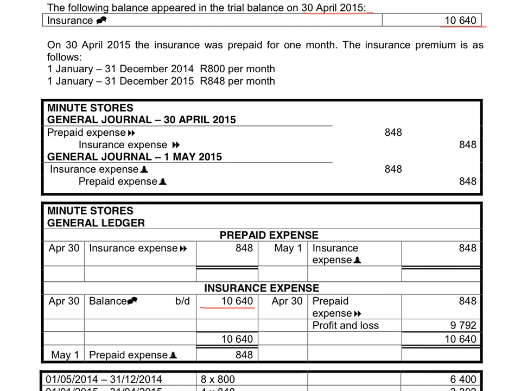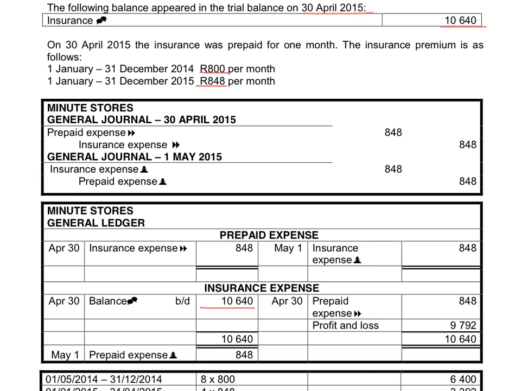So every time we paid, we said bank credit, insurance debit. Now remember, the end of the financial year is 30 April 2015. So the beginning of the year was 1 May 2014. If we look at the information here, they say that the insurance increased on the 1st of January 2015 from 800 Rand to